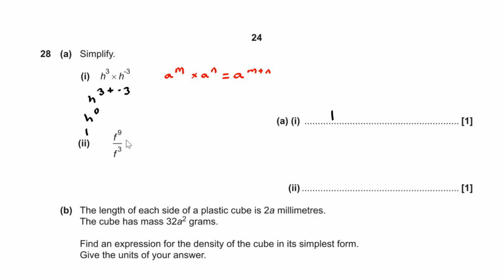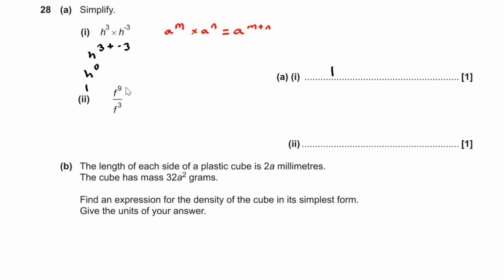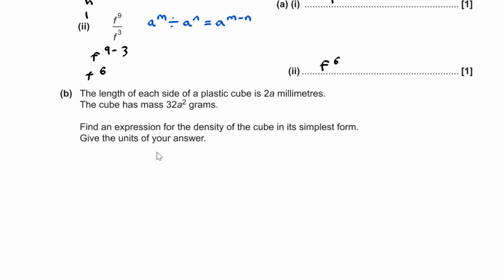And now for the next part, we've got f to the 9 divided by f to the 3. Well, a similar rule: if we've got a to the m divided by a to the n, we've got the same base when we're dividing, so we subtract the powers. So we'd have a to the power of m minus n, and using that here, what we have is f to the power of 9 minus 3, which is f to the power of 6. So here we would have f to the power of 6. And now for part B,